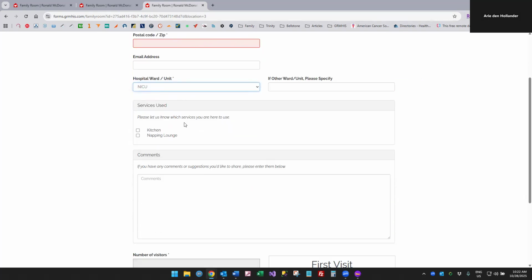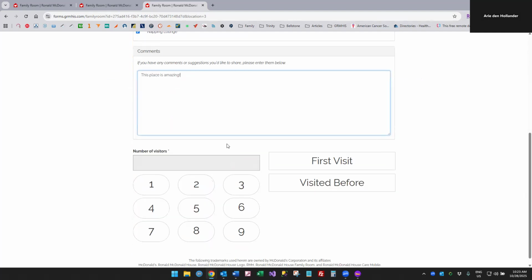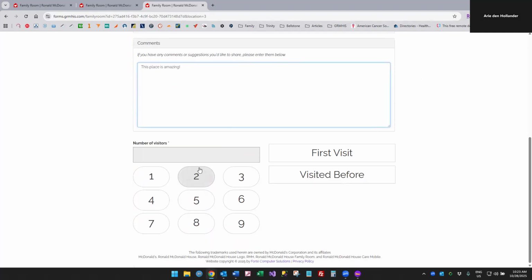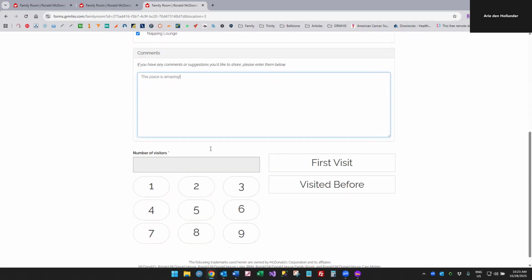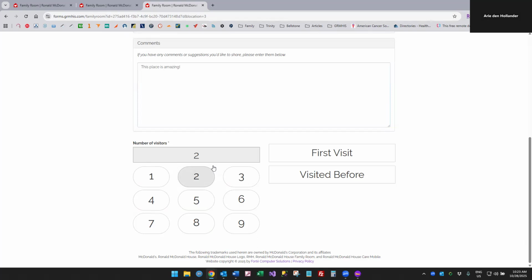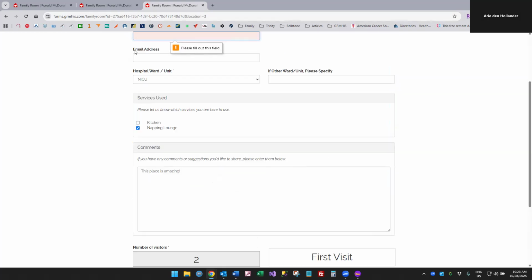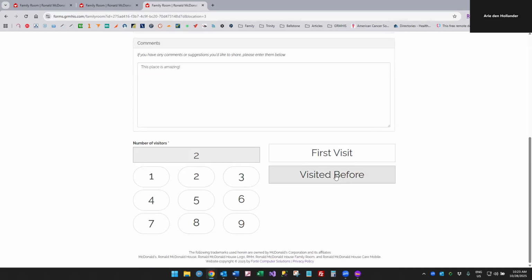And which services they're here to use is now just a bunch of checkboxes that they can tick off. So say here they're here to use the napping lounge, and they might want to leave a comment, right? And then the number of visitors. So again, it allows you to just tweak the form a little bit to capture additional information that you might want to have. So I'm going to say 2 visitors, and we've visited before. Oh, I need to do my postal code again, and I'm going to submit that information,